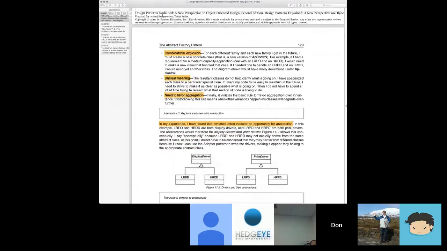And last, need to favor aggregation. I'm not exactly sure what this rule is. Favor aggregation over inheritance. That's one of the generic design patterns suggestions. If you have the choice of inheriting, well, basically, when you want this additional or new behavior, you have a choice of inheriting or containing the object and delegating to it. So this is